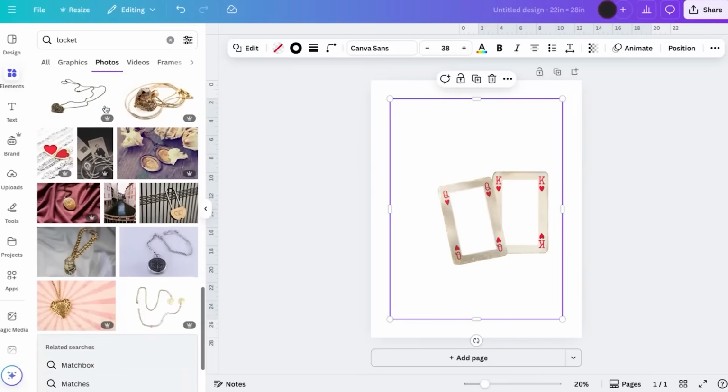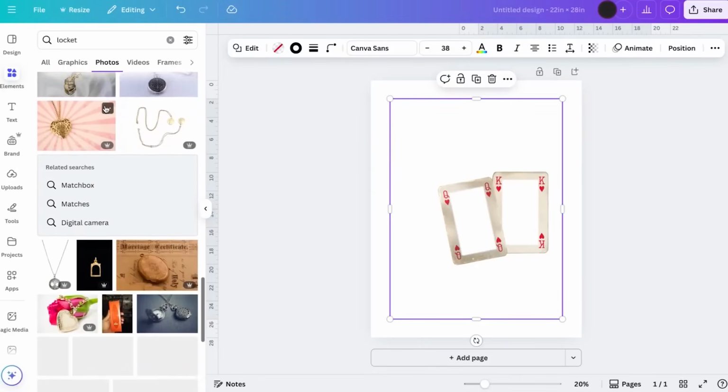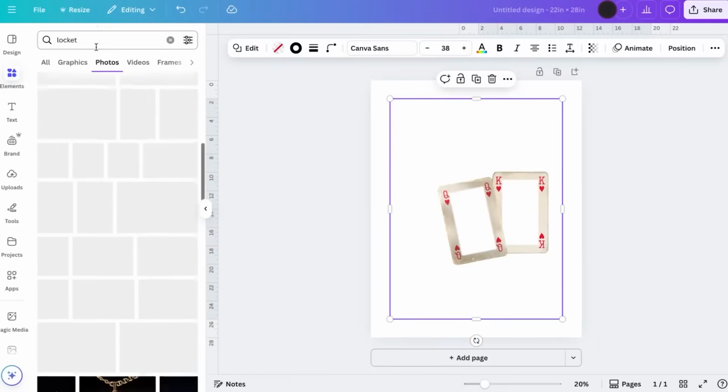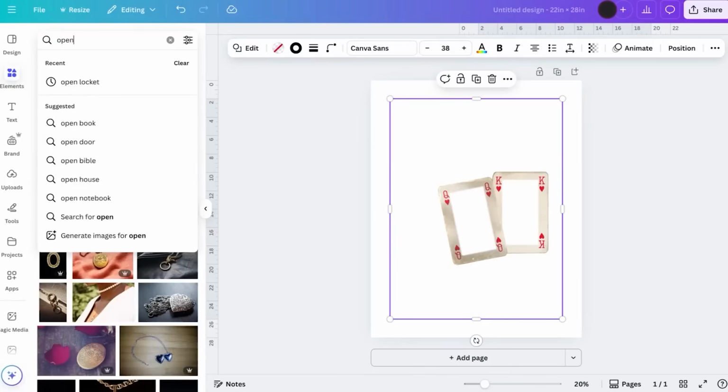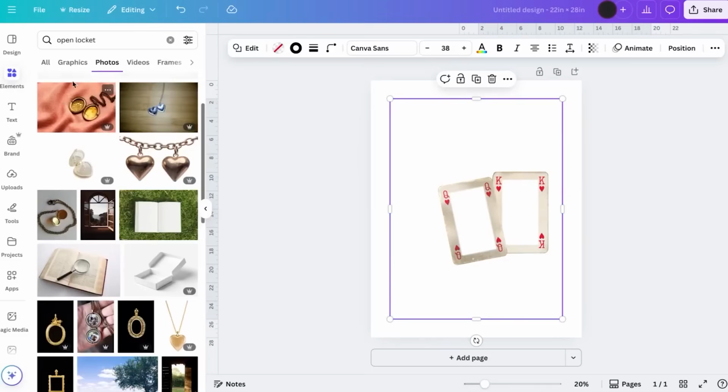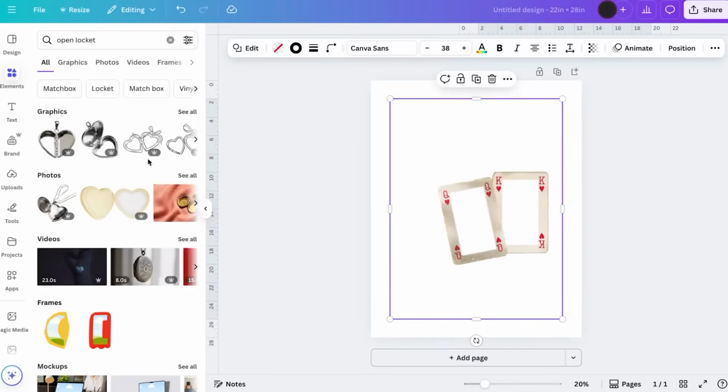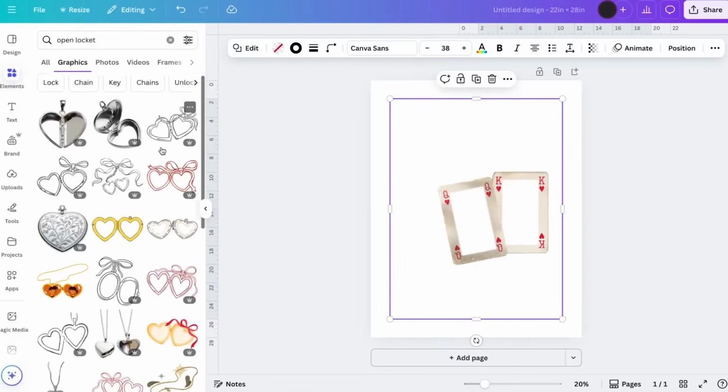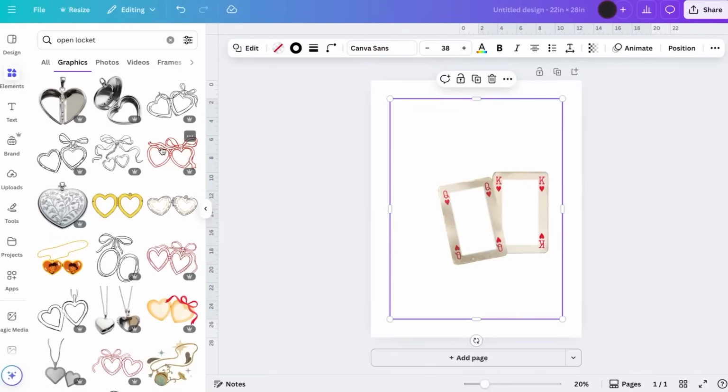And this is going to be what takes the most time, is finding things that match and fit and go together. So let me try, instead of just locket, let me try open locket. Let me see if I can go see all. And see, here is a really good example. So here are some open locket graphics